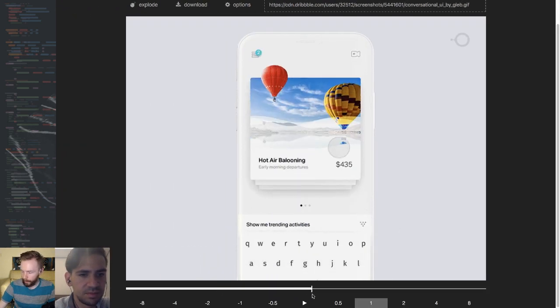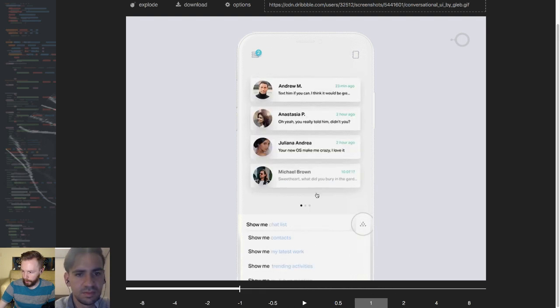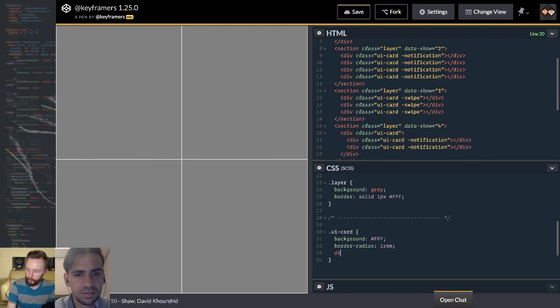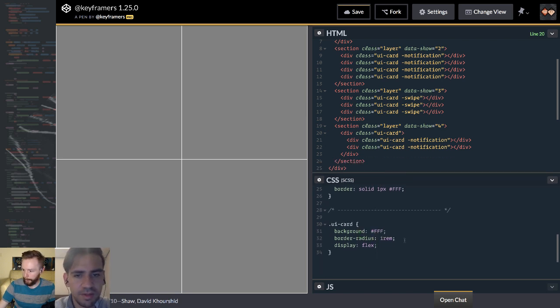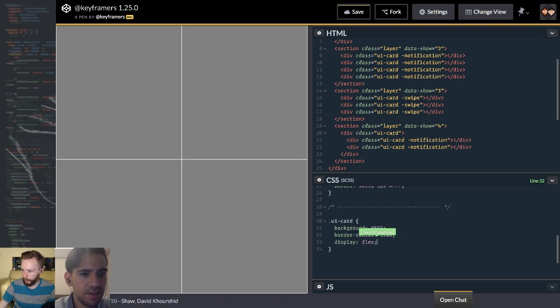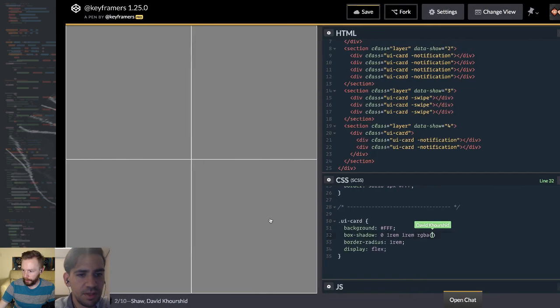And let's see what else they share. Kind of a flexy layout, so why not do just display flex? We'll see if that even works for all of these, and we'll go from there. All right. So I guess the background is just pure white, and oh yeah, they also shared that box shadow. Let's say 0, should be a black